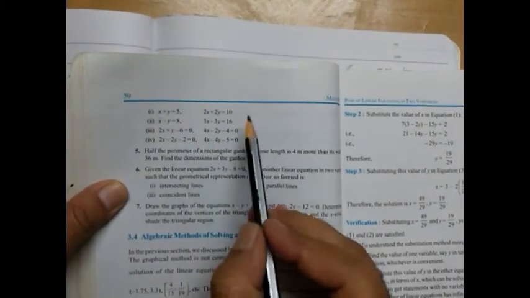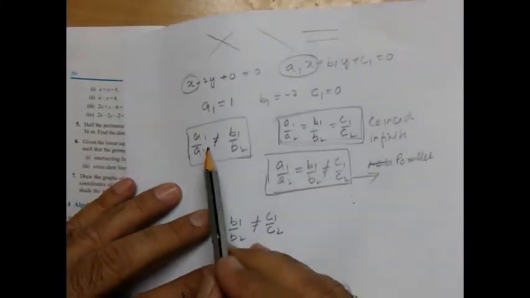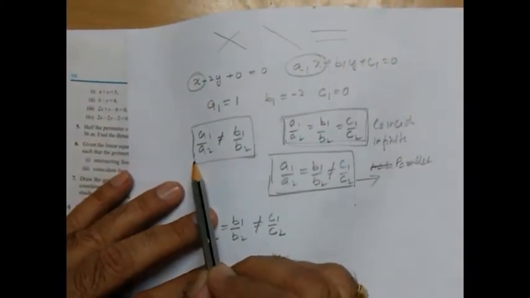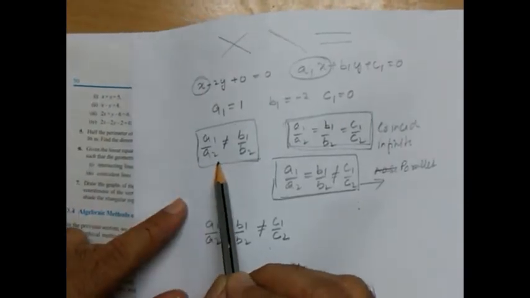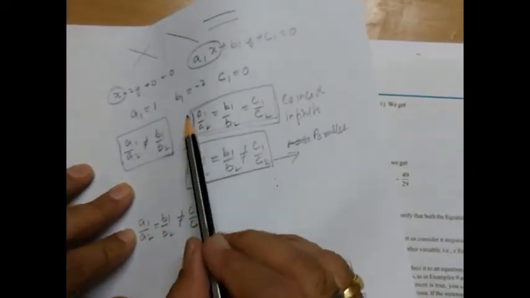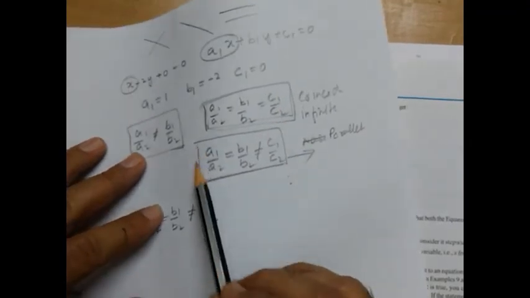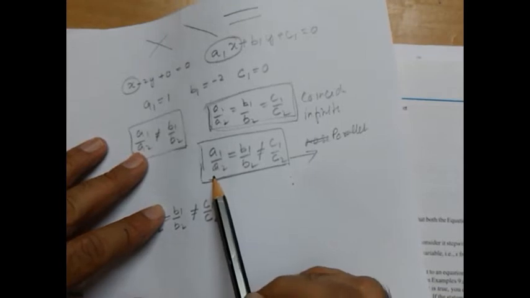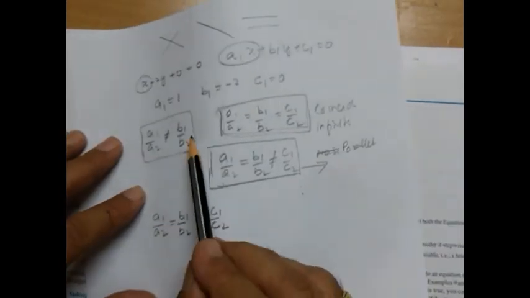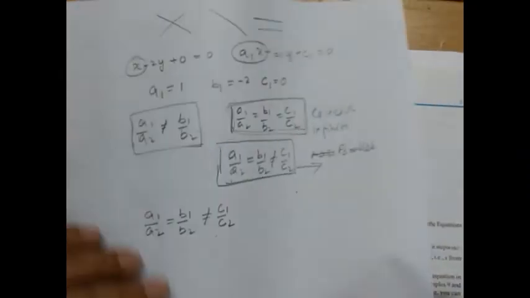That means these are the pairs of equations where you will be finding out by doing A1 upon A2, that means you will be doing a comparison of this one. If they have this kind of situation in the pair of equations, then you have a unique solution, or we can say consistent. If they have this kind of situation, then also it will be consistent, and if it has this kind of situation, then it will be inconsistent. So for these two you need to plot them on the graph and solve graphically,